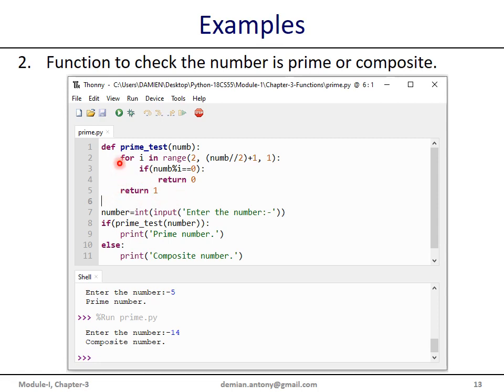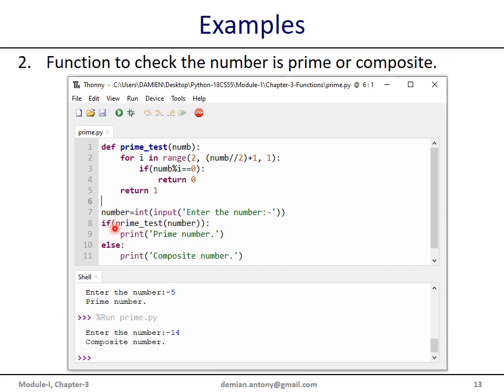This is the simple script to test whether the given number is prime or not with a single for statement. This is the main program. We read the number and then we call the function prime test of the number. You can see the if expression has the function call.